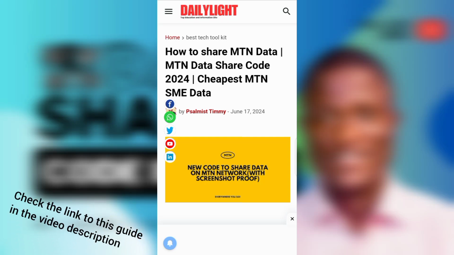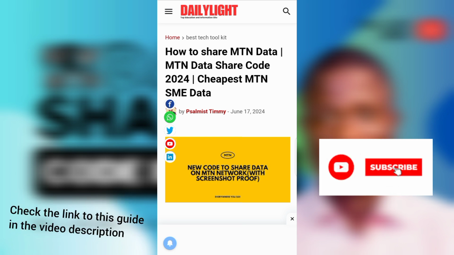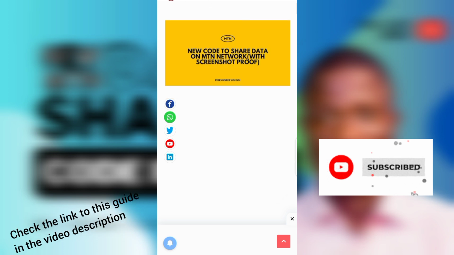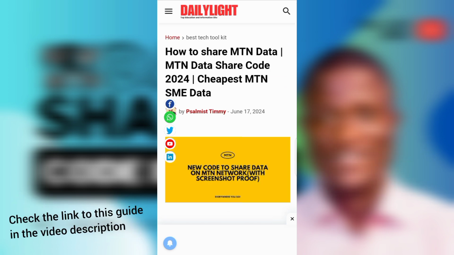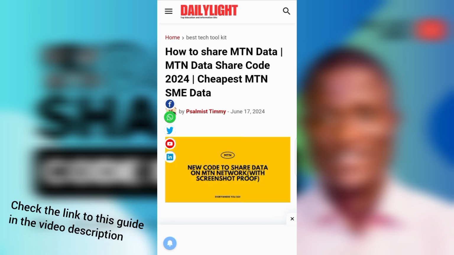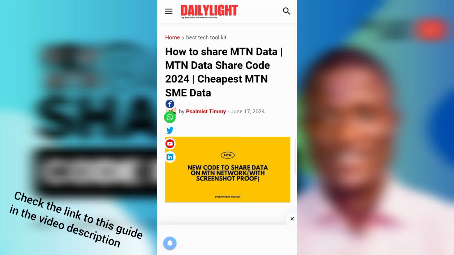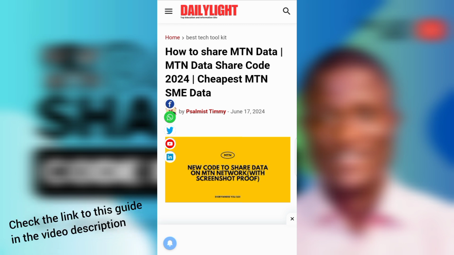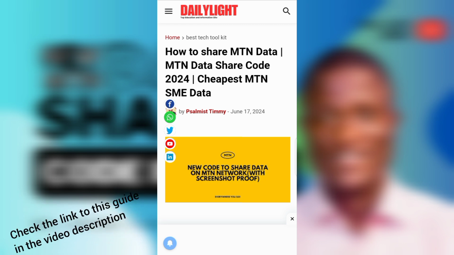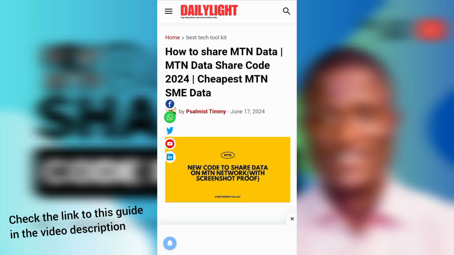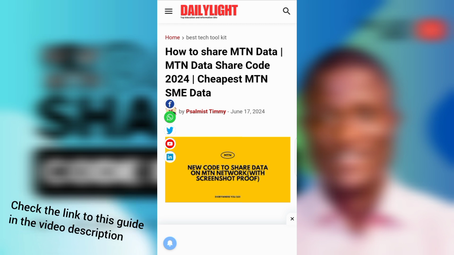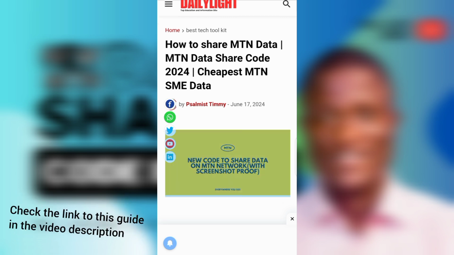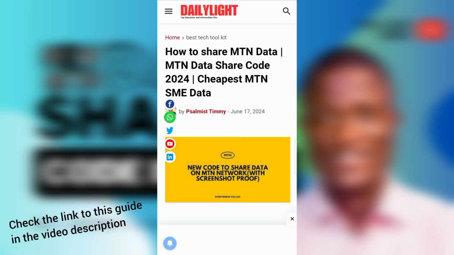How you can share your MTN data with your loved one. There are so many people that want to share their data balance with some of their loved ones and relatives, but you've been finding it difficult. After today's video, you will be able to know how to share your MTN data with the new code that they just released right now. So without wasting much time, let's go into how you can start sharing your MTN data with your friends and